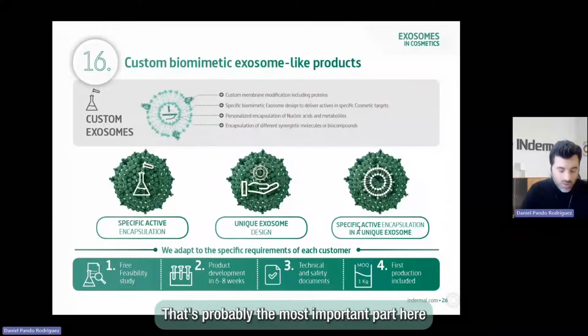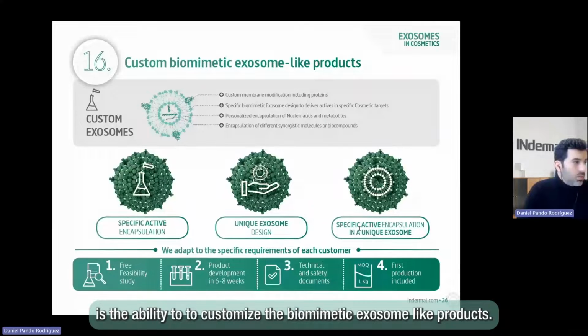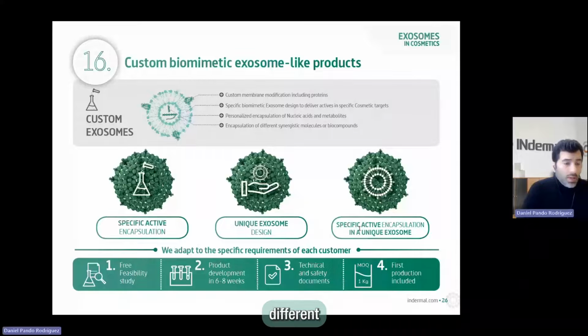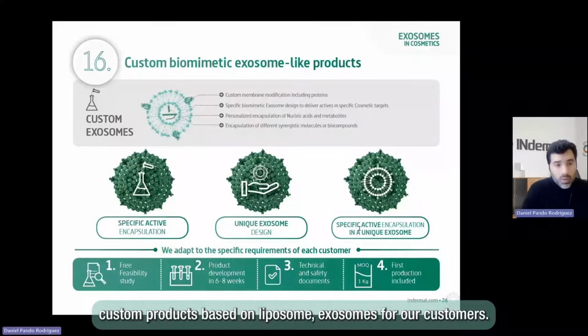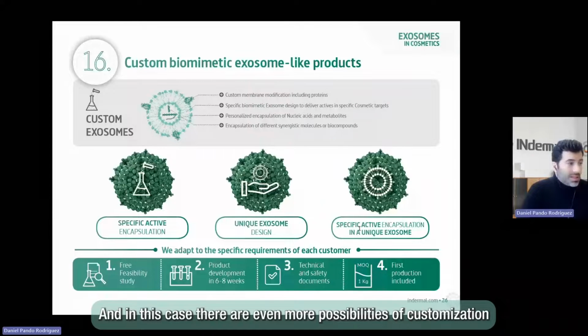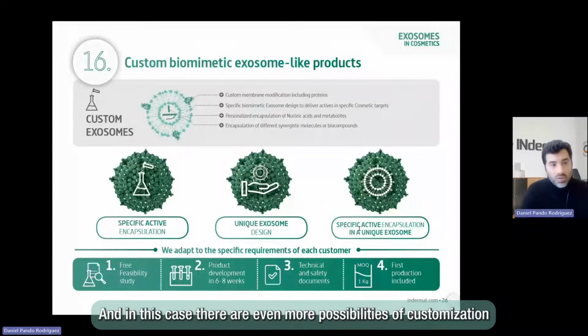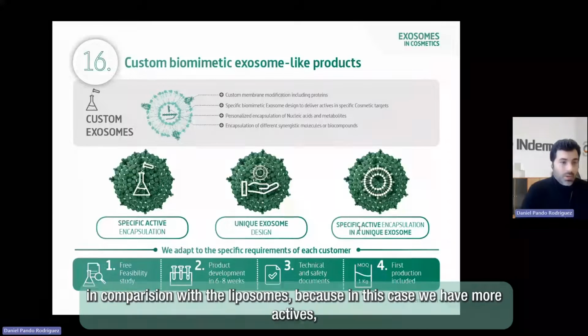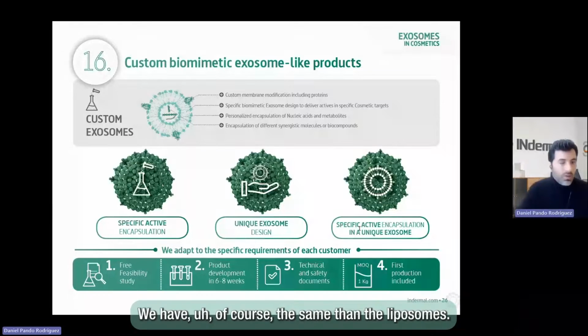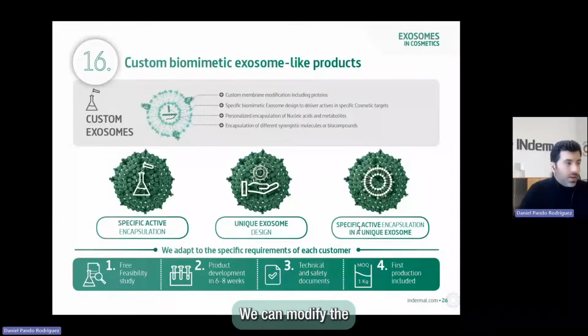But probably the most important part here is the ability to customize the biomimetic exosome-like products. You know that at INdermal, we are experts in carrying out different custom products based on liposomes and exosomes for our customers. And in this case, there are even more possibilities of customization in comparison with the liposomes, because we have more actives. We have, of course, the same as with the liposomes. We can modify the